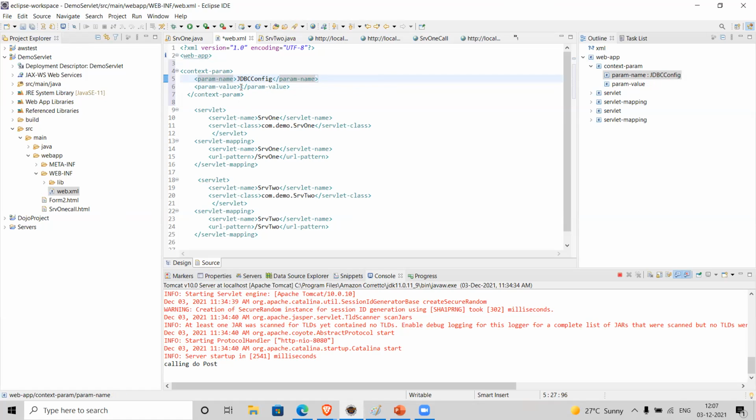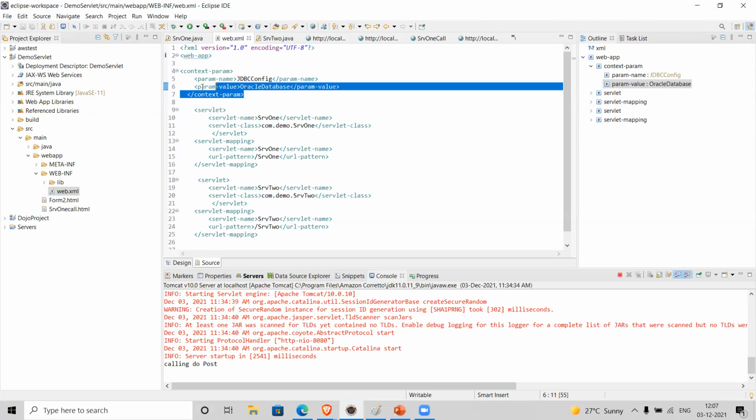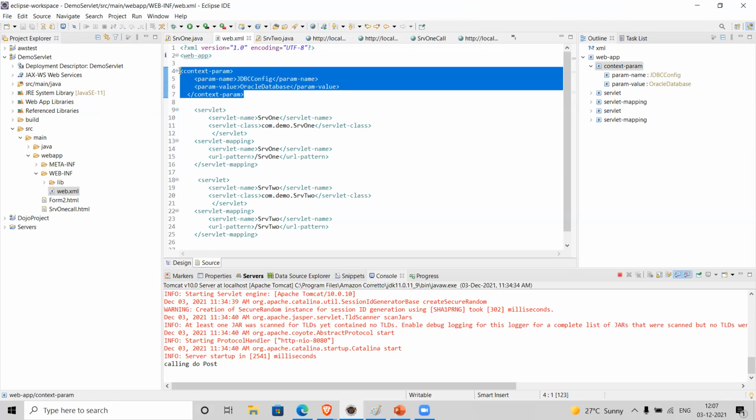Maybe driver. To establish a connection with the database, basically we need a connection string, and we need a type of database and the related connection string, right? So I don't want to add all this information. I'm just adding Oracle database. We are not writing any code related to database, that's why I'm just adding one value, Oracle database. And I have created this parameter under web app.